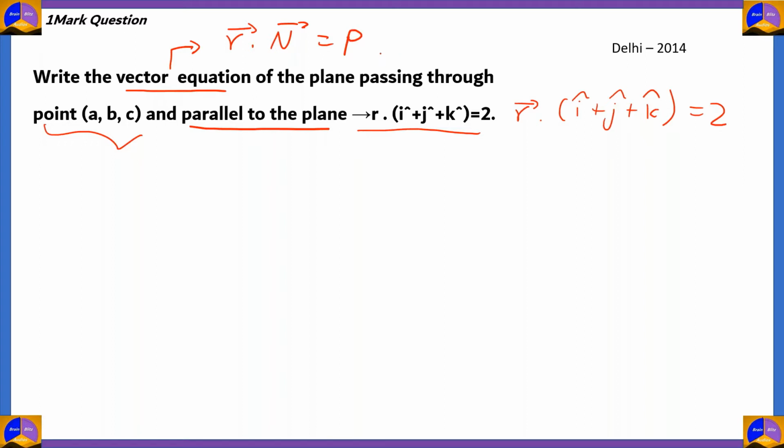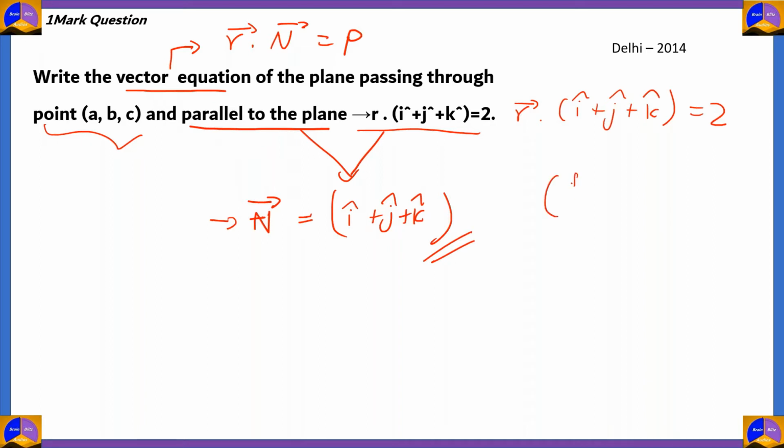In this question, we know that the plane that we need to find is parallel to the plane r dot (i + j + k) is equal to 2. So the normal vector of the plane will be equal to i + j + k,